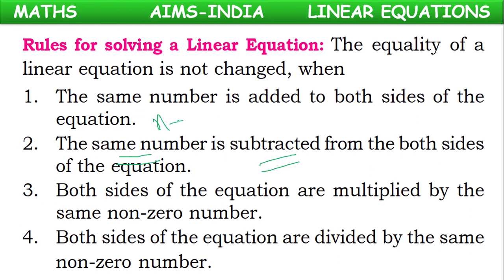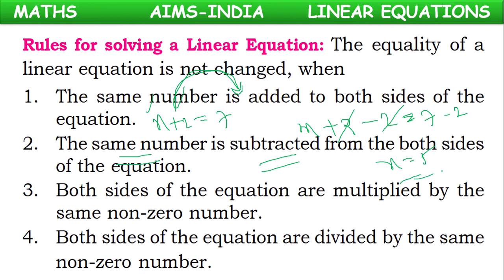Suppose if we have x plus 2 equal to 7, we have to find the x value. Then plus 2 is to be removed. So instead of transposition, we can send plus 2 to that side. It's an easy method. But instead of that, what we can do, x plus 2 is there. Minus 2 we can subtract from the left hand side, 2 we can subtract from the right hand side. In that case also, equality does not change. Plus 2 minus 2 cancel. X equal to 7 minus 2, 5.